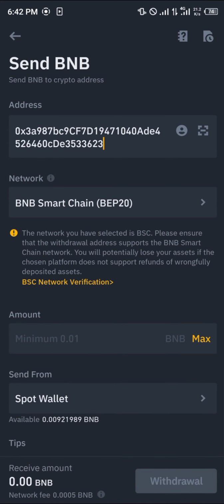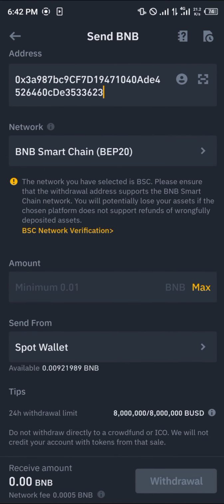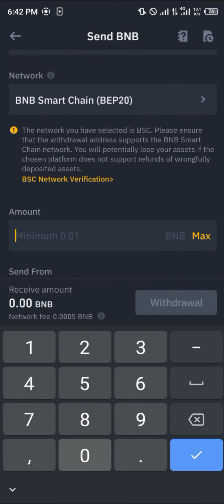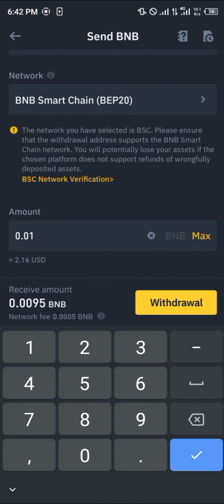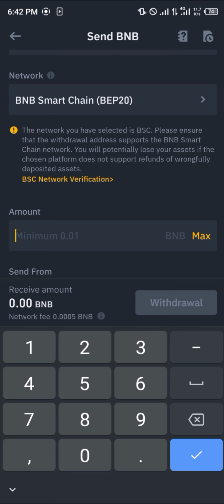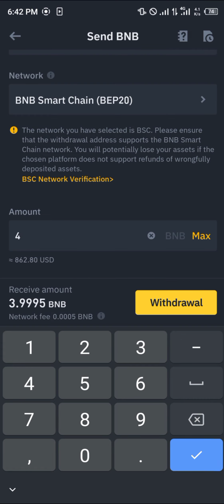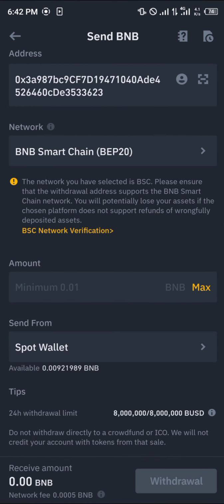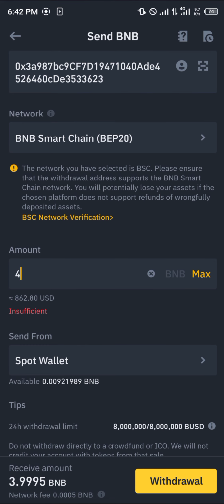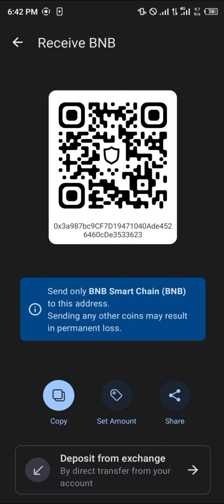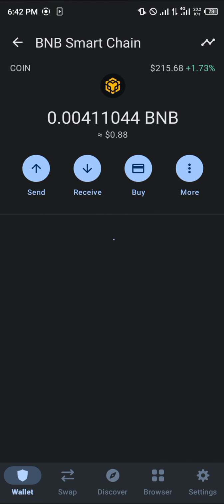right here. As you can see, the network also matches with the BEP20, and then put in the minimum amount. So the minimum is 0.01. So you could simply send 4 BNB or whatever amount of BNB you have is what you could send. And then click on the withdraw option down here and you'd receive your BNB by simply reloading on Trust